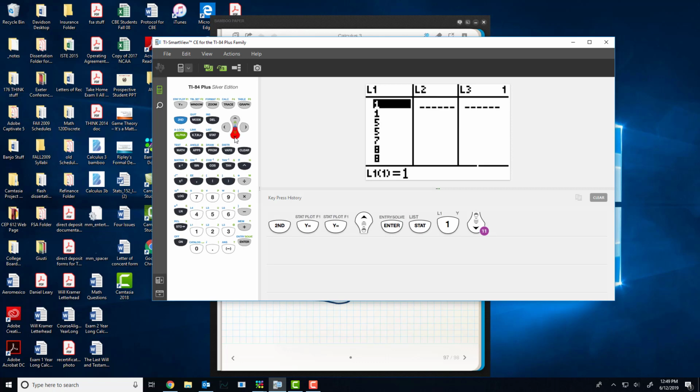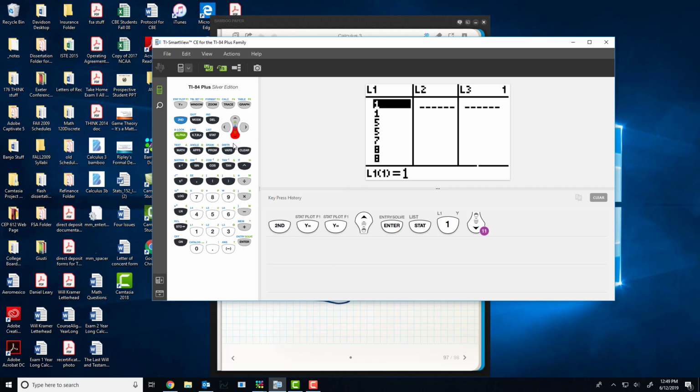Then I've got 10, 10, 10. Clearly. So let me do that again. 1, 1, 5, 5, 7, 8, 8, 1, 10, 10, 10. So you could build a really quick histogram of this if you wanted to. But I'm going to show you how to create a normal quantile plot, especially in your calculator, so you can